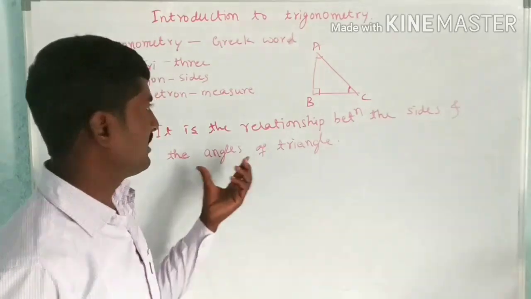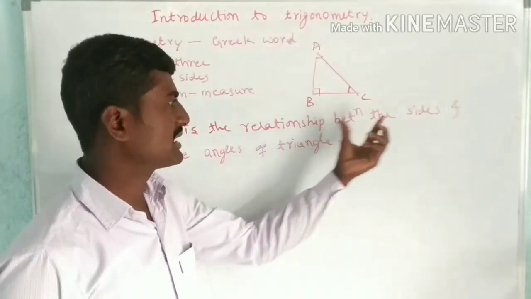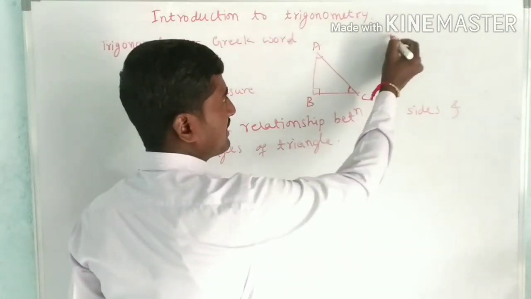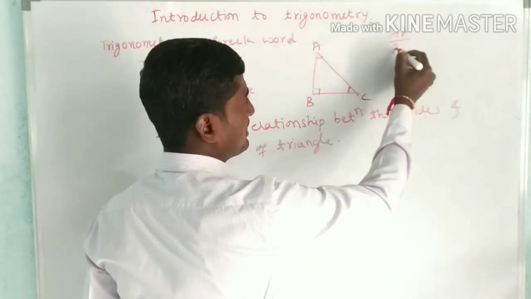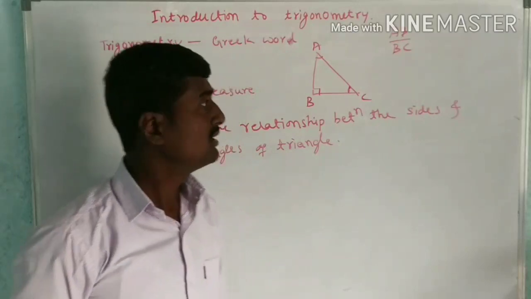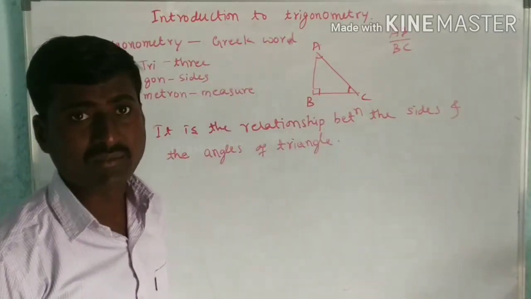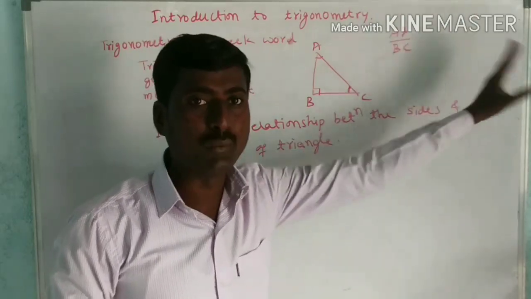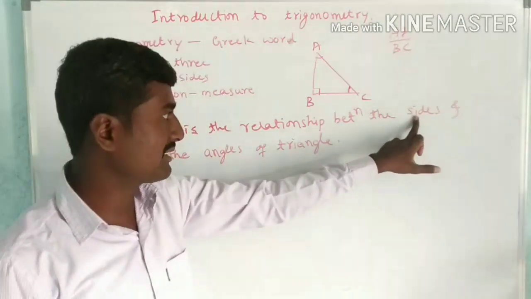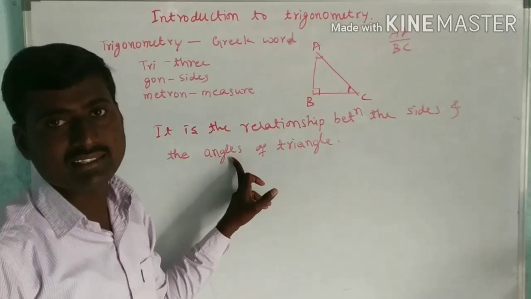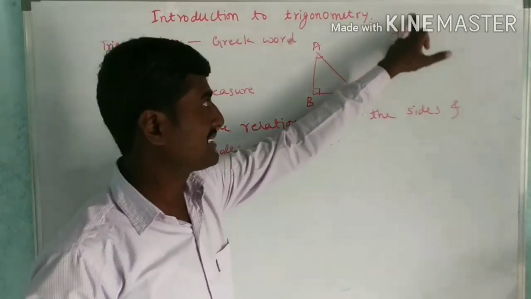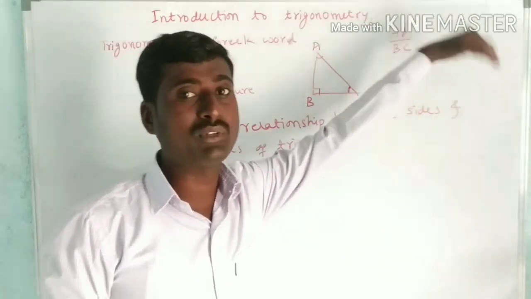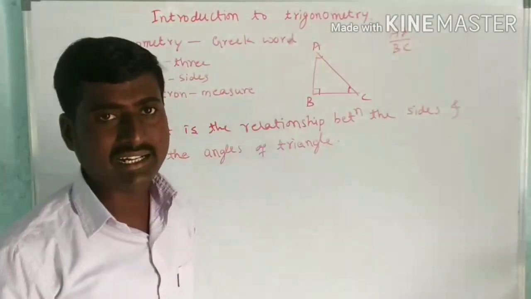Now what are the sides? Relationship between the sides. What can we write for the sides? If I write like this, AB divided by BC, this we are getting as a ratio of the sides. So AB by BC is the ratio of the sides. How can I represent this ratio of the sides with an angle? It is the relationship between sides and angles. Okay. So the ratio of the sides we know. Then how can we relate this with the angles of a right angle triangle?